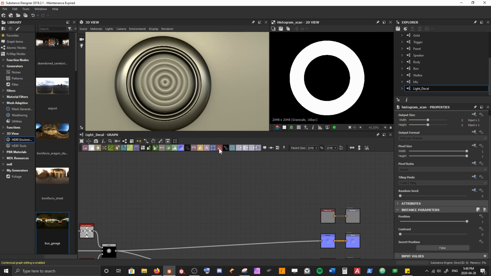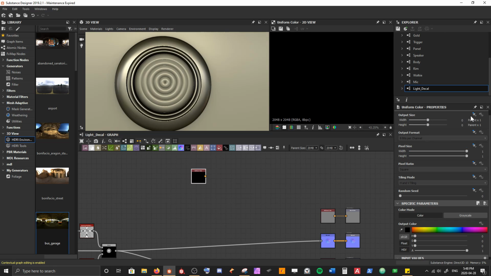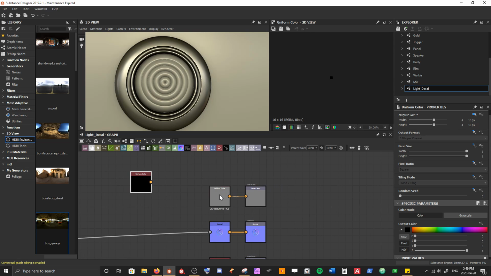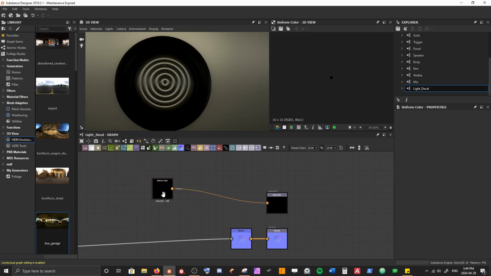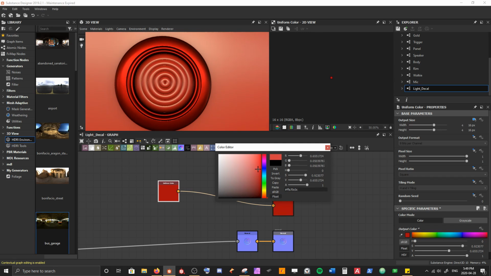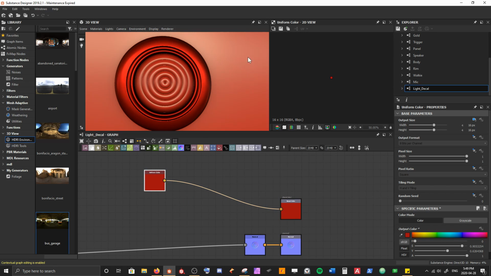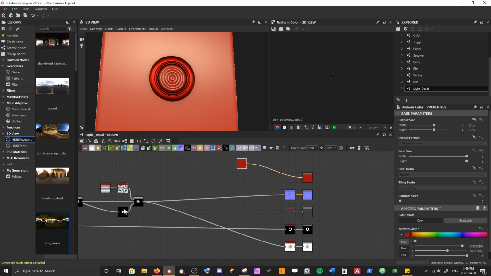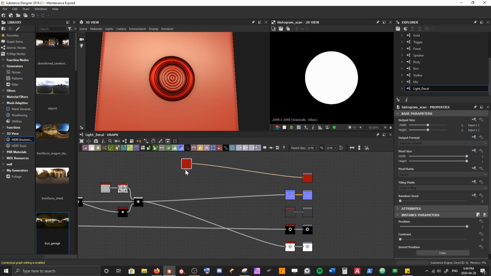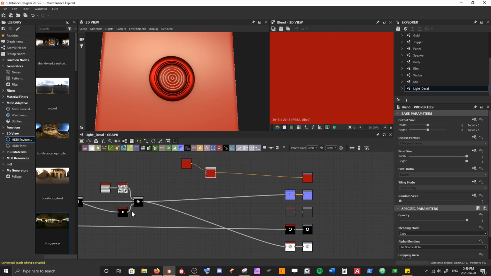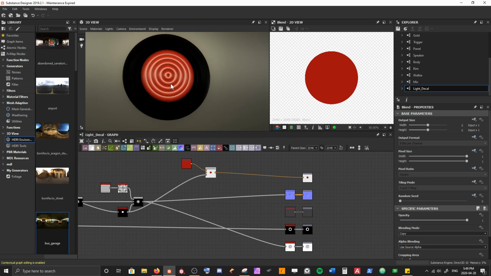So again, I'm going to create a uniform color here and change it from 2K down to 16 by 16. And getting rid of this guy here, plug him in. And this is going to be the color for my light. So I want my light to be kind of a nice red color, right? And now I'm going to have to mask off the rest of this material from our light. And the way that we can do that, obviously, is using the same exact mask that we've created over here. If I go ahead and create a blend, plugging this into the top, and then using this guy as a mask,